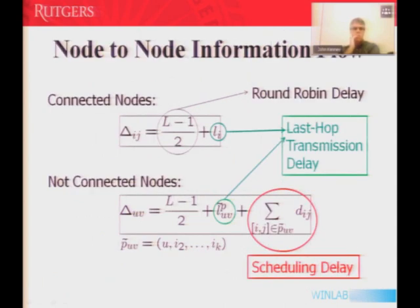In general, your information may go via multiple relays, right? In our case, only 4 was the relay. In case you have multiple relays, the scheduling delay will be a summation of the delays at each hop. You're always stuck with the last hop's transmission delay. That's the case in connected nodes and disconnected nodes, okay? And this is between any 2 nodes, U and V. This is the average age. Okay, so if that's clear,